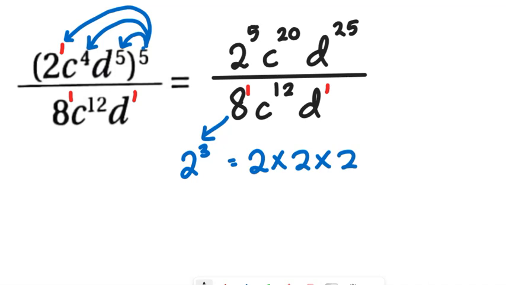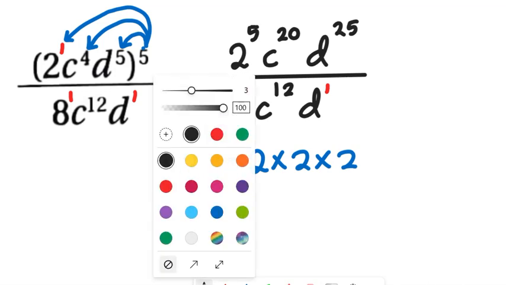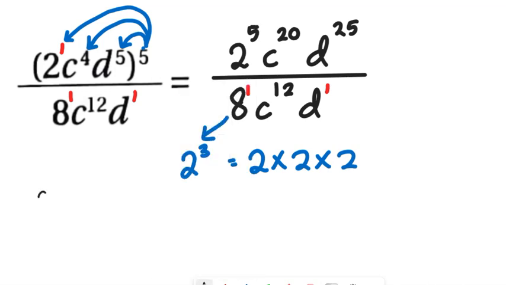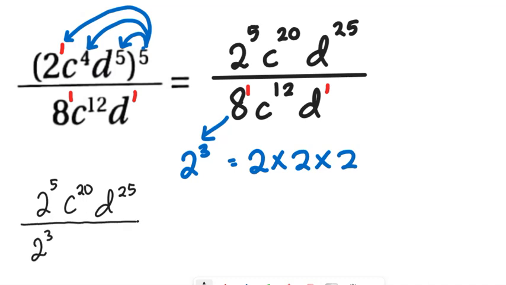So now when you rewrite this question, it's going to be 2 to the power of 5, C to the power of 20, D to the power of 25, divide with, bahagi dengan 2 kuasa 3, C kuasa 12 dan D kuasa 1. Okay, so what you can see now is dia punya nombor asas dia dah sama, right? This one also the base is the same. This one also the base is the same. Which one is the base? 2, C and D.